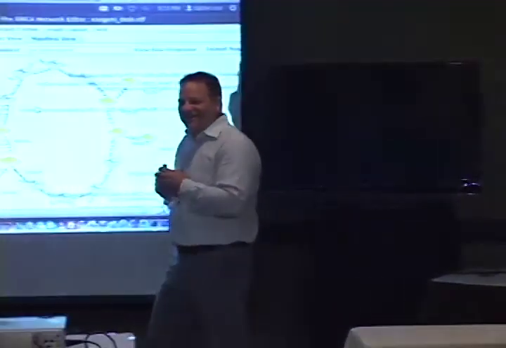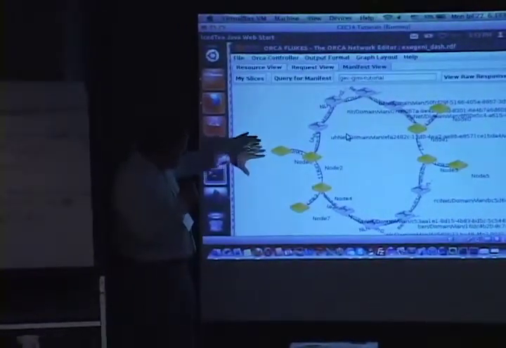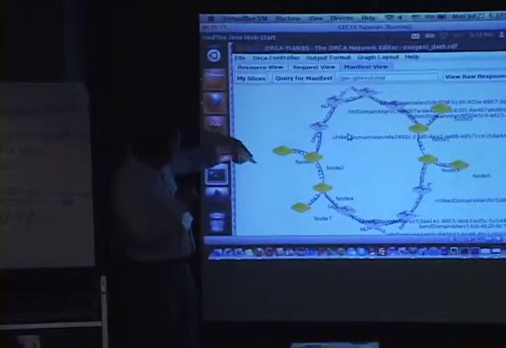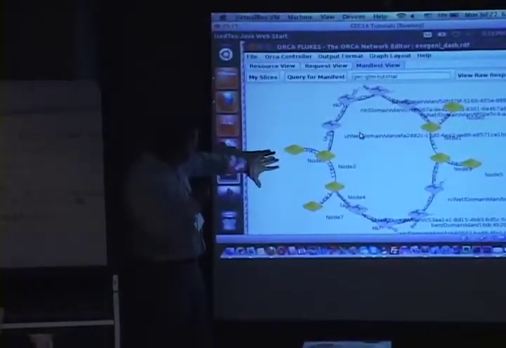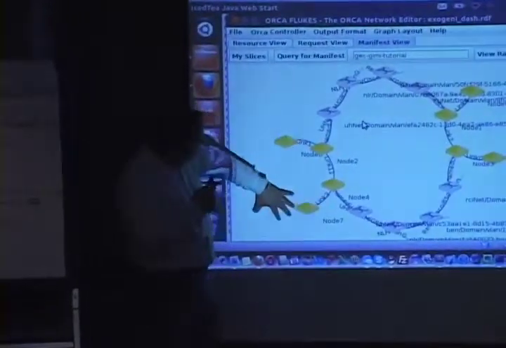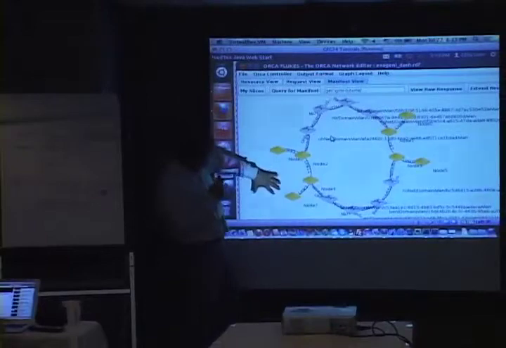So we get this feedback from the implementer of it. What we've done here is actually, and that's kind of nice because you actually see what's really going on in the background here. Is that an 8-node slice? And what we see is, on one side, we have VMs in the